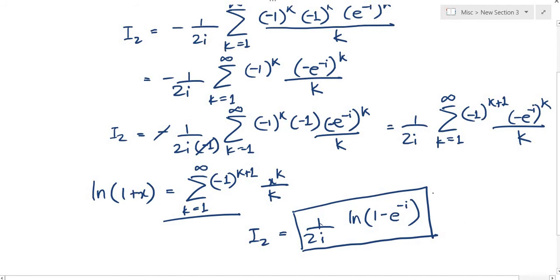Now, we know I1, we know I2. Let's just plug everything together in our grand equation. So let's do that on a fresh page as always. See you there. So we had our grand equation being I equals I1 plus I2, and we know our I1.